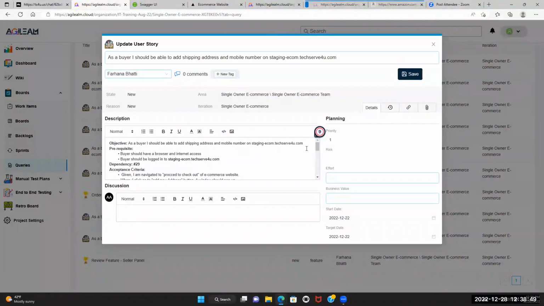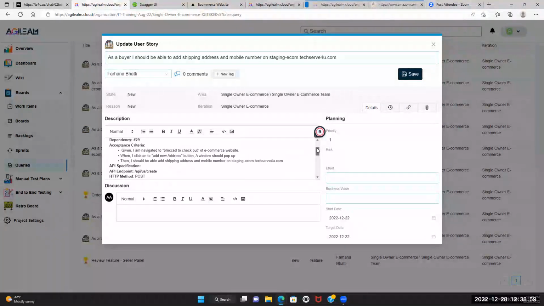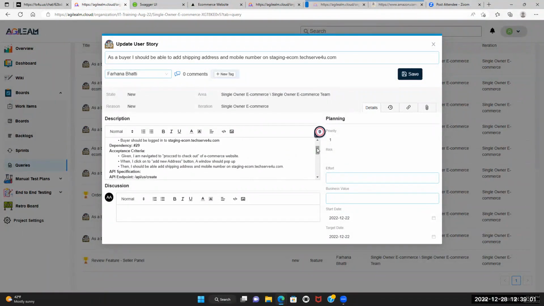Then prerequisite is the buyer should have a browser and internet access. The buyer should be logged into the staging ecom website. Then dependency, the user story. Acceptance criteria: given I am navigated to proceed to checkout of the e-commerce website, when I click on the add